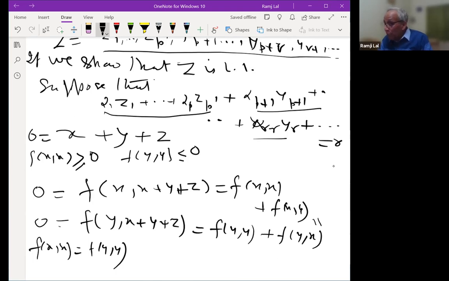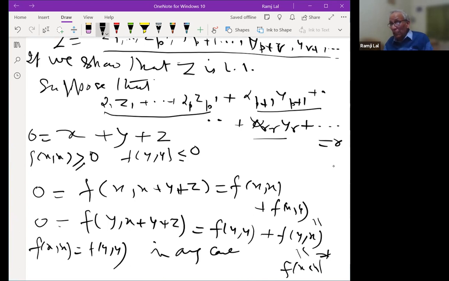Right? Fyx is what? Fxy star, because it is a Hermitian case. So if you are in the Hermitian case, then by the definition of the Hermitian case, fyx is the conjugate of fxy. But fxy is already real, so this is equal to this. So therefore, you see that in that case also fxy is equal to fyx, and so this fxx is equal to fyx in any case, whether we are in the Hermitian complex case or in a real case.